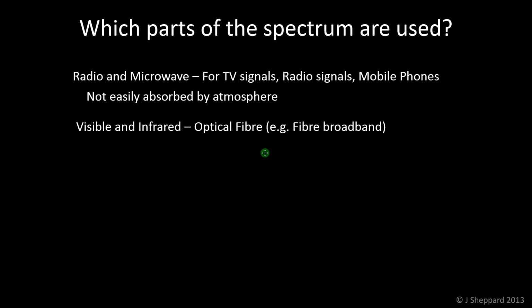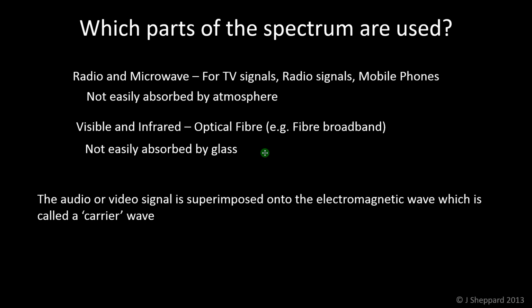And those tend to go down optical fibres, so things like fibre broadband use these, and that's because they're not easily absorbed by glass. And the fibres are made of glass. So again, the same thing. You can travel your signal a long distance down the glass without it significantly being absorbed, so it can reach distant homes. Okay. And the point is that what we do is we superimpose the signal onto the electromagnetic wave,